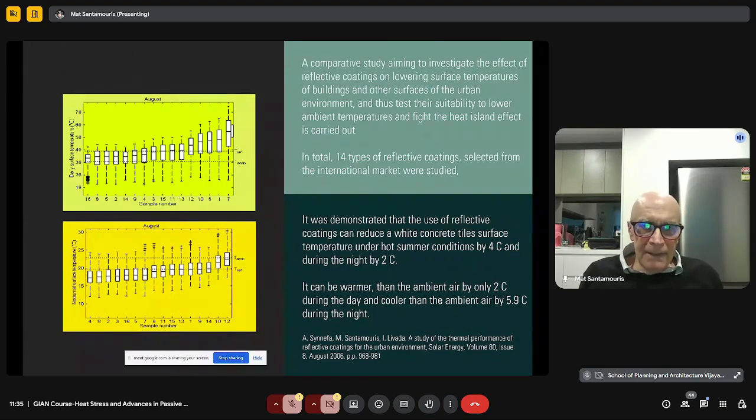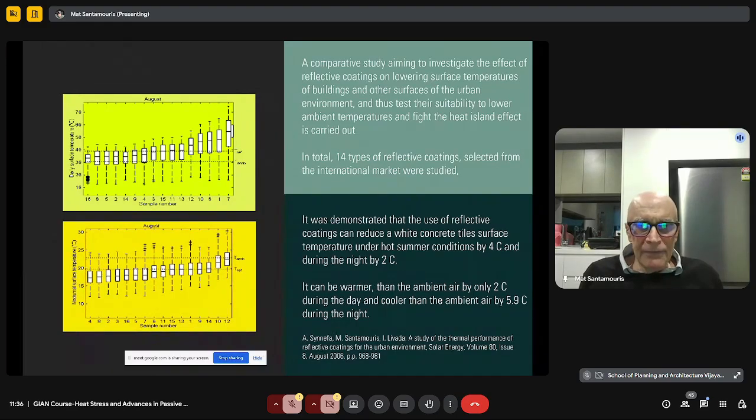What I mean is that even if these materials have the same reflectance, so they absorb the same, in reality, whatever is absorbed, either it is stored inside the material or it is re-emitted to the environment. Some of the paints can immediately dissipate the heat back to the atmosphere. Some other materials, for example, the aluminum paints, do not dissipate the heat.